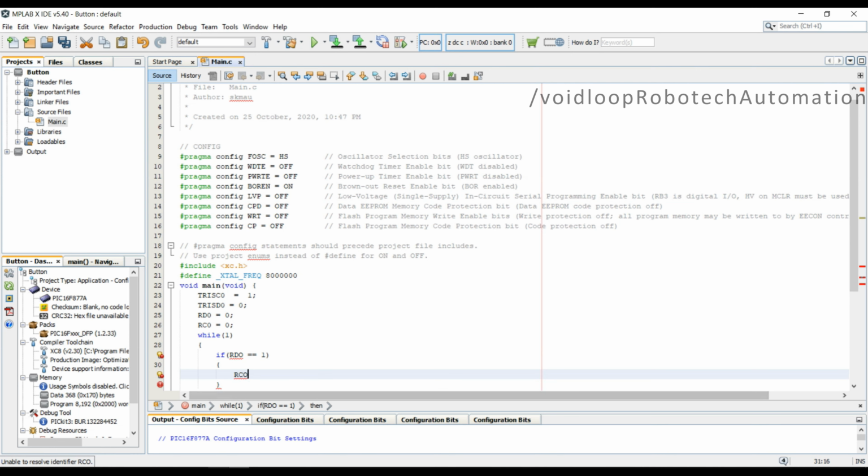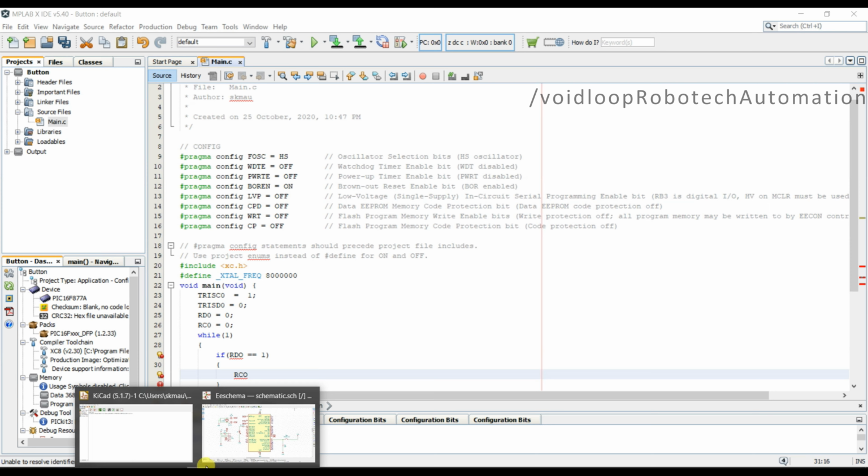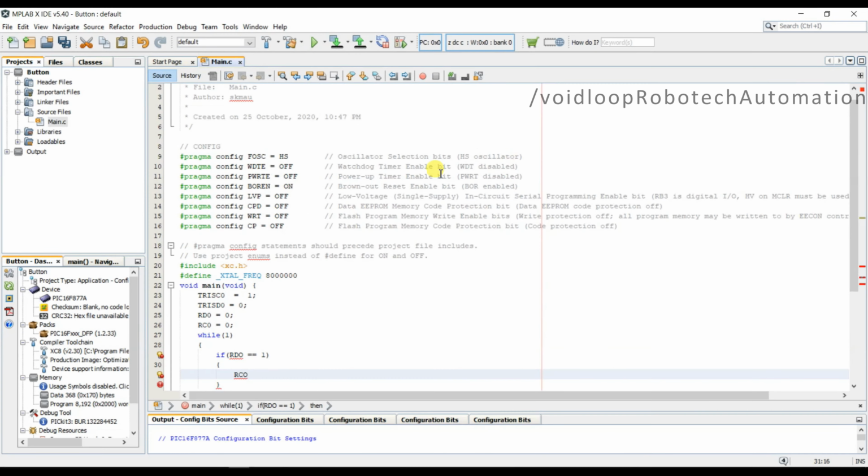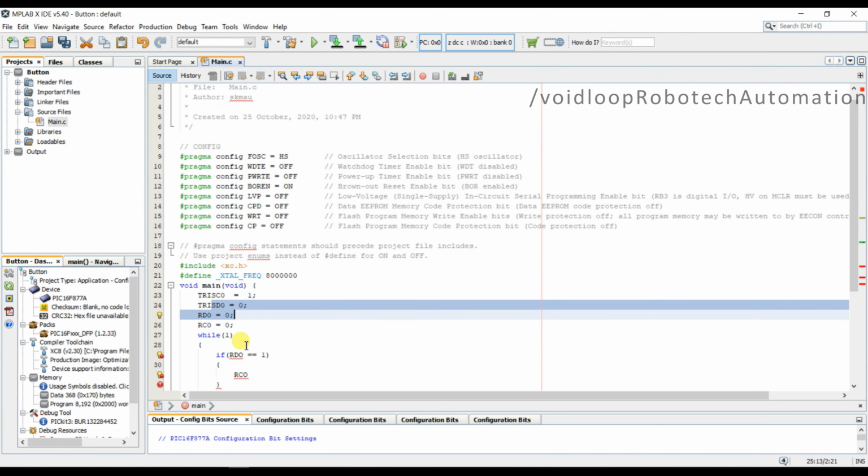Once again, the button is connected on RC0 and the LED is connected on RD0. So the button is connected on RC0, this is input, and RD0 is output.